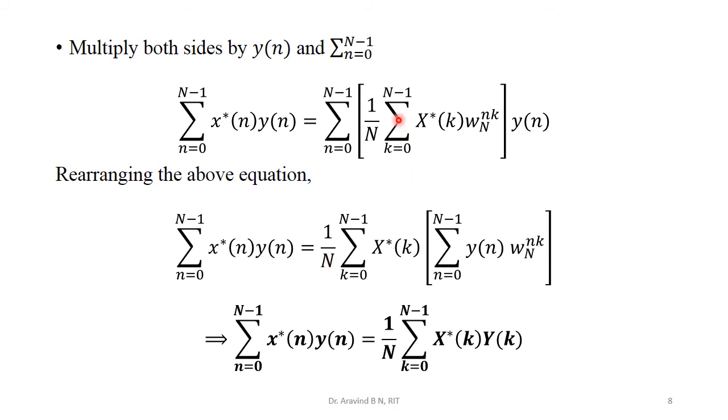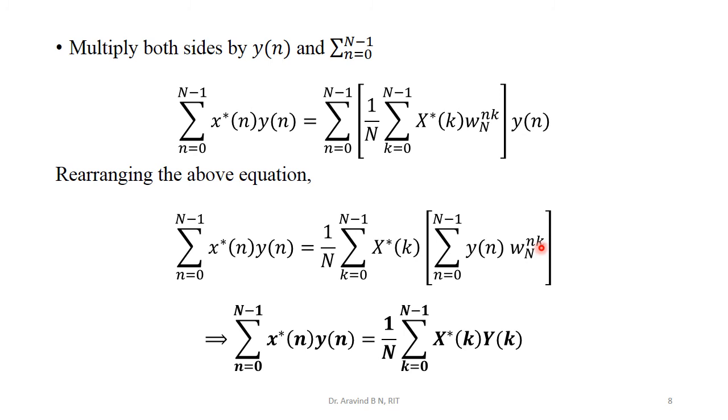Now we are going to make a positional variation of these summations. First, I am going to take this summation with respect to k. Summation k is equal to 0 to N minus 1 x conjugate of k I am going to write first, and then I am going to take the other summation inside and write the remaining terms. So summation k is equal to 0 to N minus 1 x conjugate of k is taken first, this summation is taken inside, then summation n is equal to 0 to N minus 1 y of n omega N nk has been written.